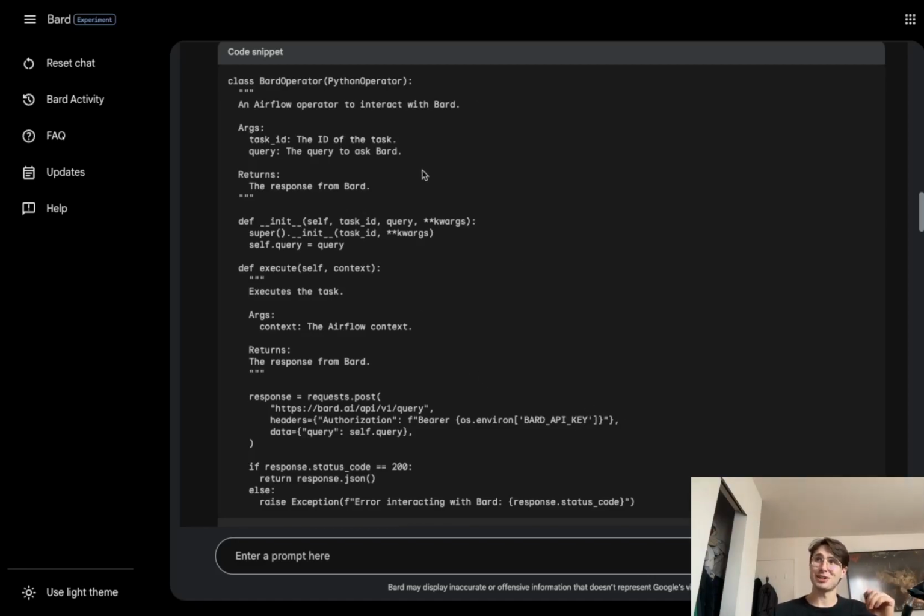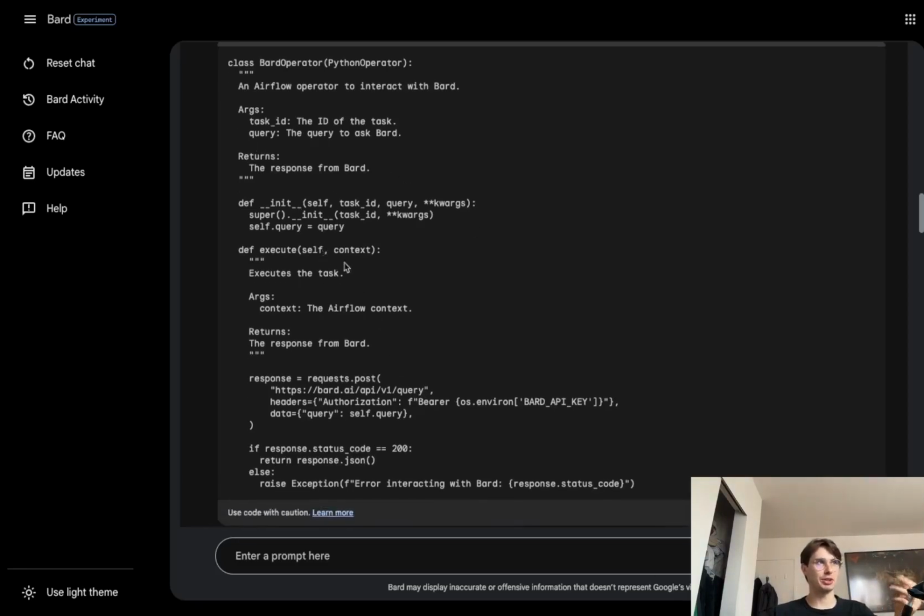Now, something I didn't know before I started this is that the Bard API access is still locked. So this actually won't work in practice. But once they open up API access to everyone else, it should actually work. That's just one of the things about this: you do need to actually look through the code, make sure it's correct. Things like URLs, it doesn't do an amazing job of handling. You can see it's really good at doing Jinja templating, but this bar.ai endpoint doesn't actually exist. So there are some kinks still to be worked out here.